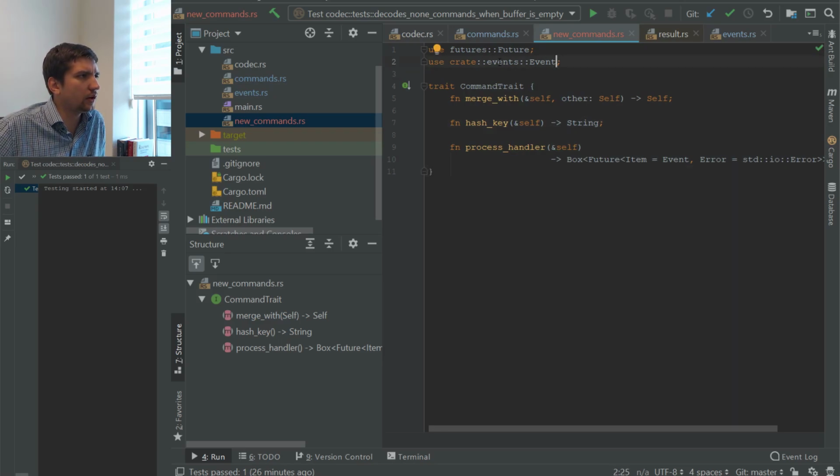Okay, so here we have this one used, and now let's remove the trait suffix here, because it should just be a command in my opinion. And now I'm gonna go over into